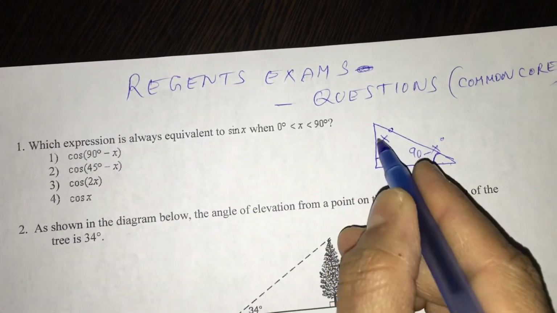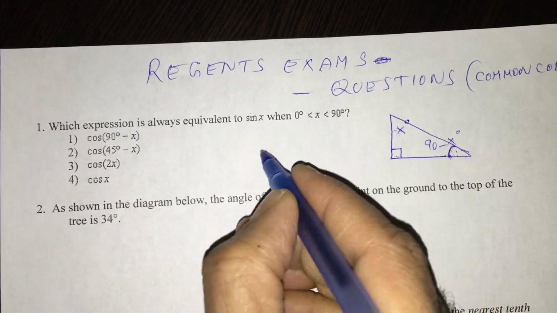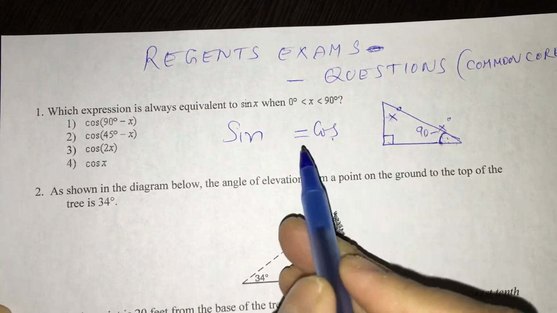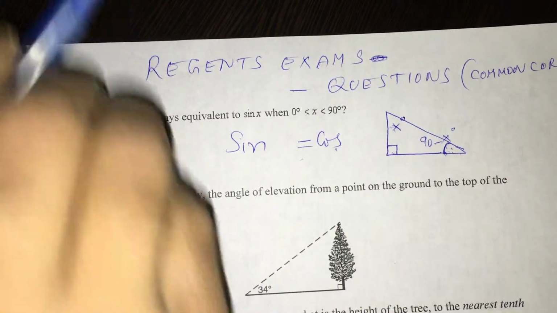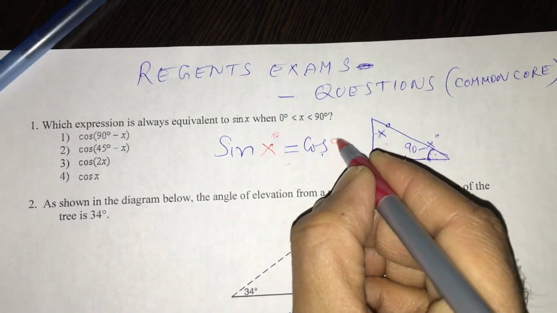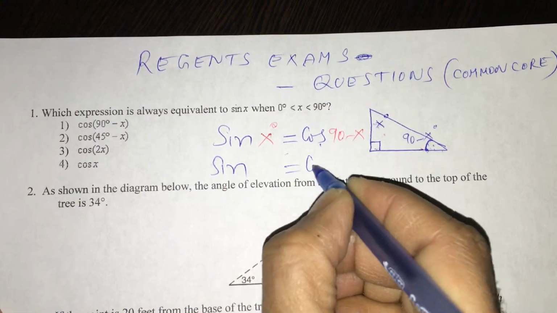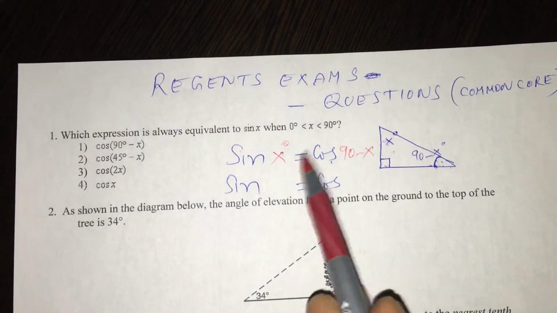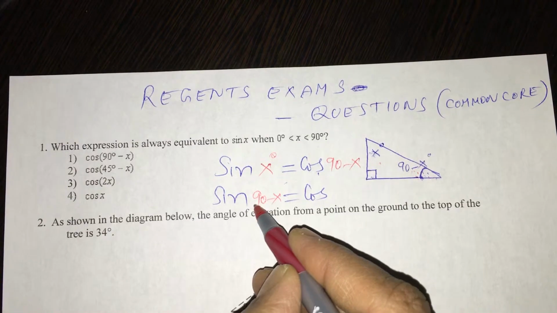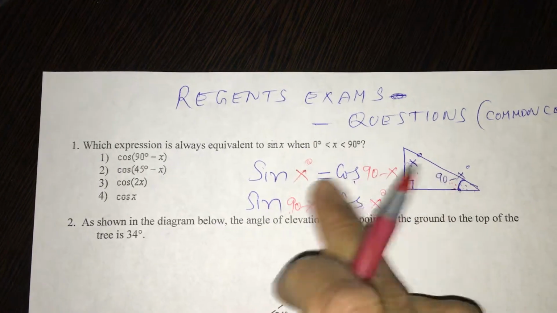These two are called complementary angles because their sum is 90, and this is 90, so totally 180. So sine is exactly equal to cos for complementary angles. That means if you give x for sine, then you have to give 90 minus x for cos. Otherwise, if you give 90 minus x degrees, that is this angle, to sine, the other angle x you have to give to cos. Like that they are equal. This knowledge should be there in your mind.